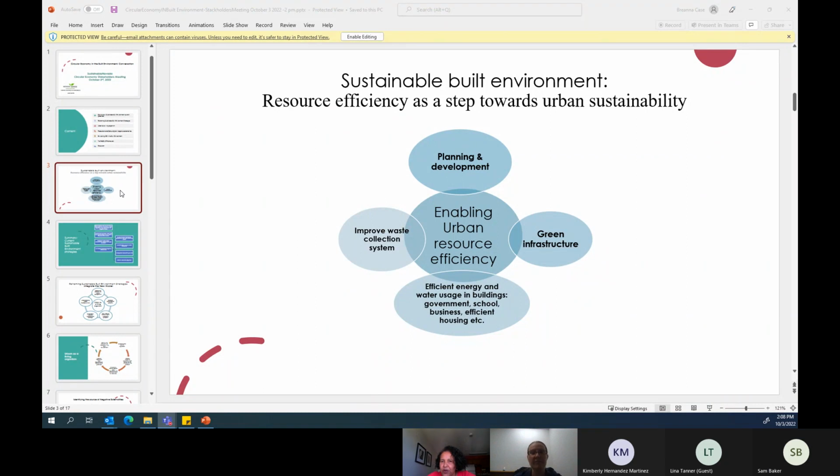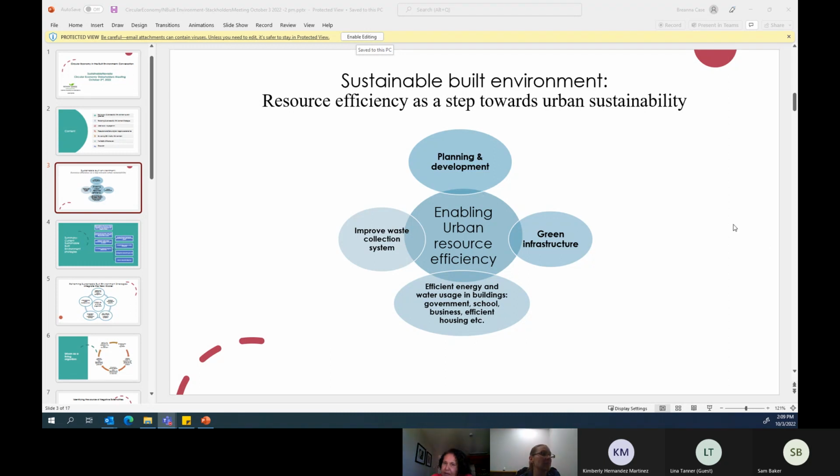So this is where we are now, but it's not resource efficiency. Please make a correction: it is energy efficiency. So we use energy efficiency strategies as a step towards urban sustainability. That's what we have been doing, except one item, which I will focus on too. In planning and development, we focus on how we reduce greenhouse gas emissions.